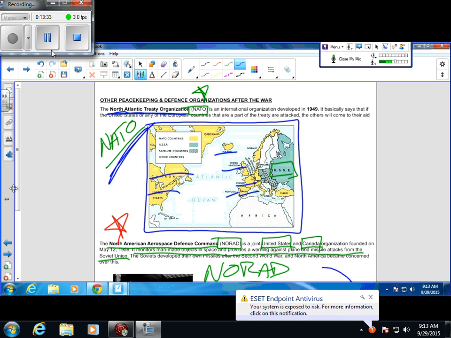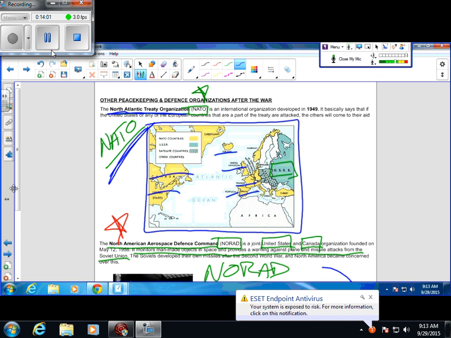Just some further background details that are not in your textbook, but I'm going to provide: the Western countries looked to develop their own defenses. It's like a provision, a preparation made in case of conflict. If something happened with Russia or the United States, because during this time period they were two superpowers, there was a lot of tension and conflict going back and forth.